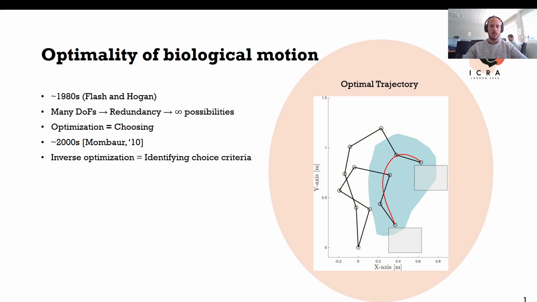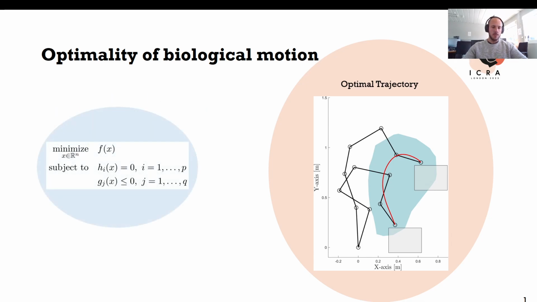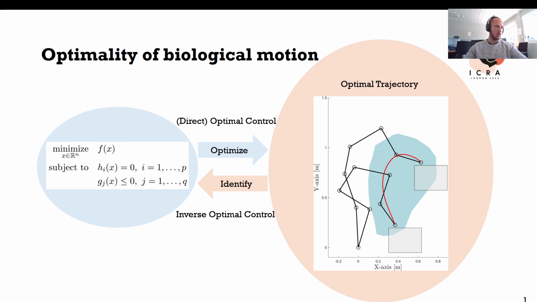For example, here is a 6 degrees of freedom stickman performing a box lifting task. Among all the trajectories it could choose from the confines of the turquoise shape, it chooses the red one. Suppose there is an objective function that is optimized to select that particular trajectory. The objective function underlying the selection process can be identified from data, and we call this inverse optimal control. With the optimization problem on one side and the optimal trajectories on the other, we optimize to get the optimal trajectory, what we call direct optimal control, and we measure optimal human trajectories and identify the problem, what we call